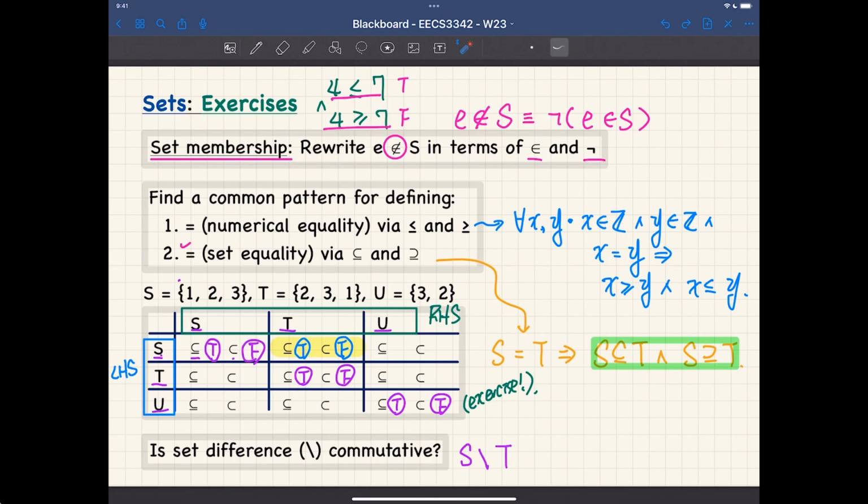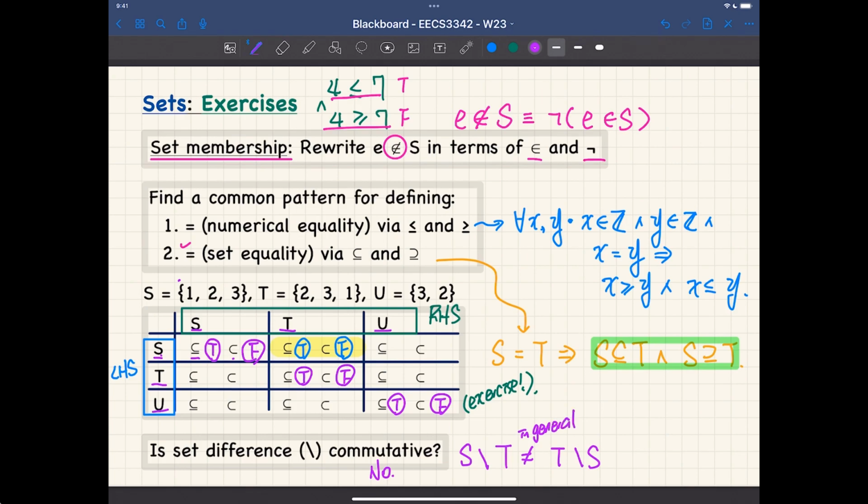But that's okay. Let's say I give you this question on the test, right? It's more like a universal quantification. I'm saying for any two sets, they are commutative in terms of set difference. If you want to disprove it, what do you have to do? You have to give me one counterexample where set S minus T is different from set T minus S. That's the witness you have to give, right? So the answer is no. In general, this is not equal to T set difference S.